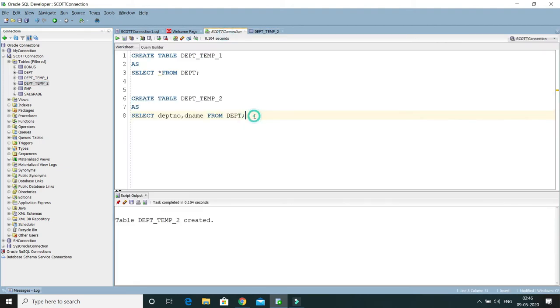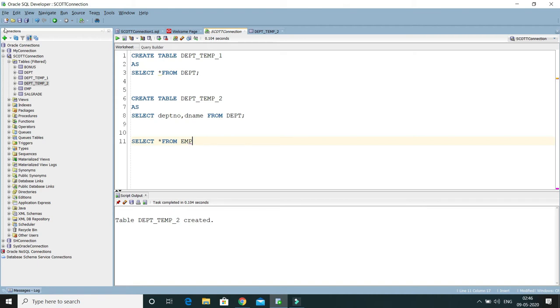Now the next scenario: let's say I would like to select data from multiple tables, and out of that I want to create a table. Is this possible? Yes, that is also possible. So let me write a select query first of all. Let's say select star from EMP.